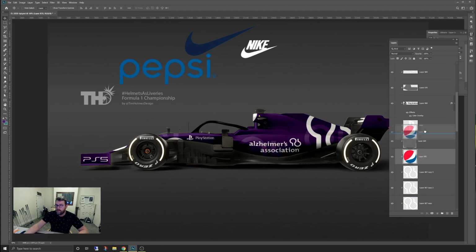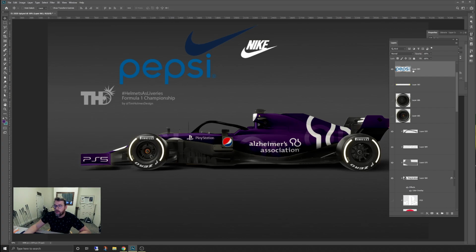Oh, behind the wrong layer. There we go. The side of the car, you're going to see that. It's such an identifiable logo. I think it will work well. So we'll bring Pepsi